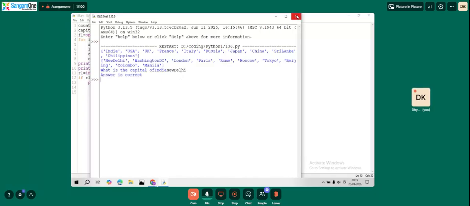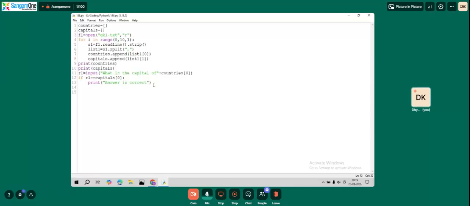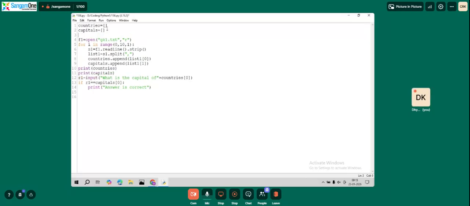Yes. Okay. Now let's do one thing. Let's give 10 marks to every correct answer and 0 marks to every wrong answer. So let's create one list called marks, and for every correct answer it will be 10 and every wrong answer 0. Let's not make a print statement. Remove the print statement totally and say